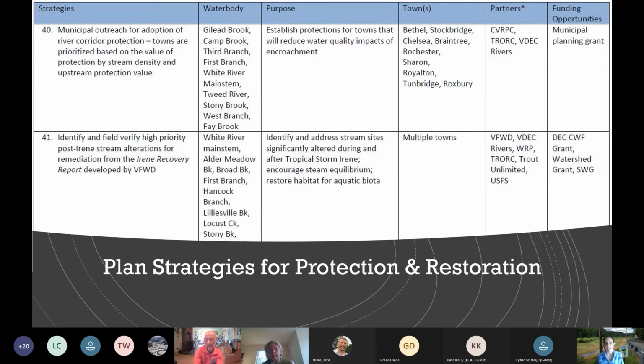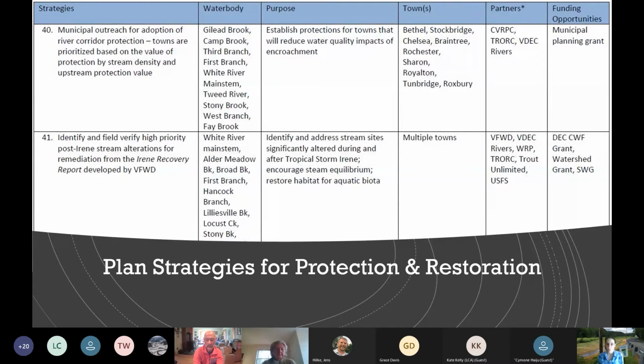So in every plan, it really is a high priority to protect river corridors. That's what we find. If you look in any plan, you're going to find this as a high priority because it really relies on a holistic approach with many benefits beyond just water quality. So all the work that Jens does, protecting those riparian corridors, keeping them open, letting the water be able to move, you have flood protections, you have wildlife protection. It's just one of those places where there's a lot going on. And by making sure that we're not encroaching on every square inch of that, we are protecting ourselves and saving money in the long run.